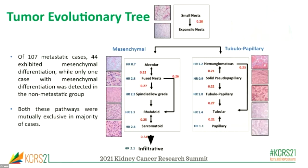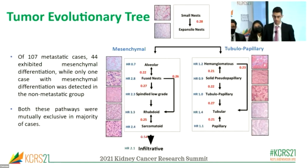So using the hazard ratios for overall survivals and correlation coefficients, we hypothesized that this tumor evolution could be predicted. So as we see here, the tumors could start as small nests and then go through two pathways, either a mesenchymal pathway or a tubulopapillary pathway. So the mesenchymal pathway